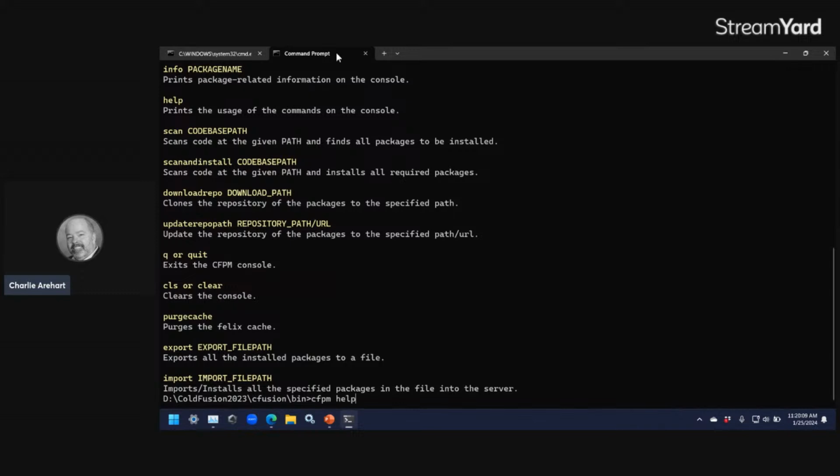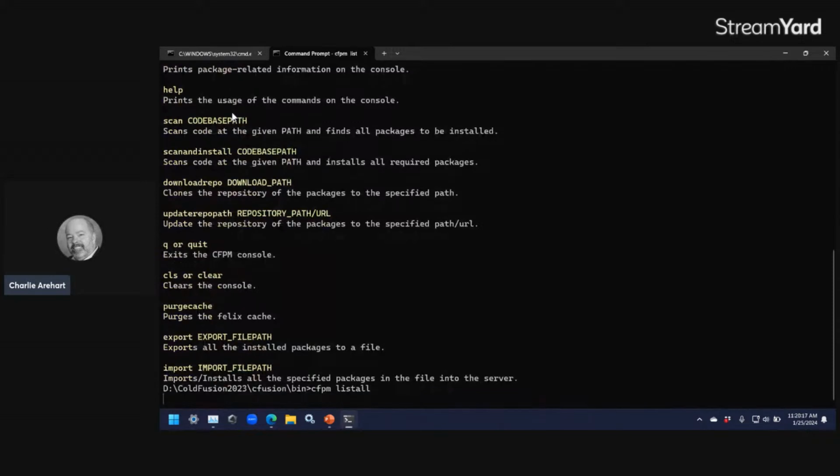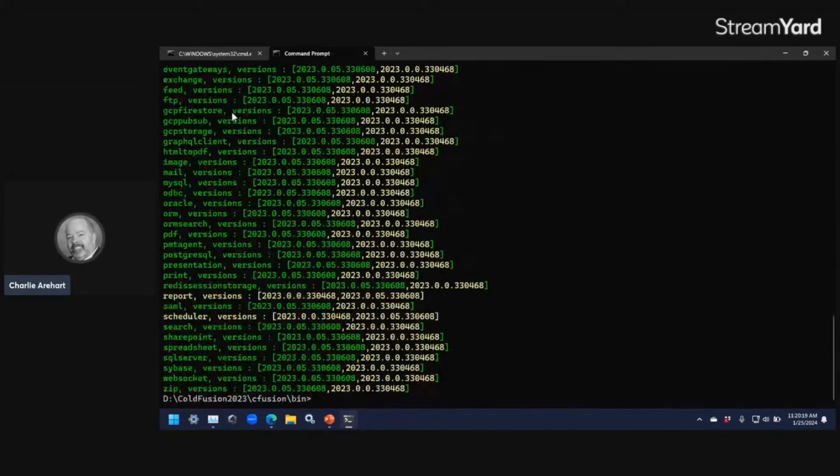And so I happen to just do cfpm help, and you can see that help is one of the commands. So you can do these sort of directives. I can also say list all. I'll just tell you there's a list all, and it lists all the packages currently installed. Again, that's not right now what I wanted to focus on, but what I want to show you is that, so that's using the CFPM command with these,